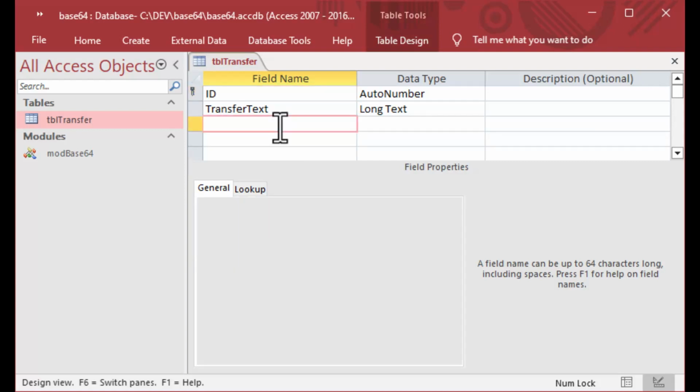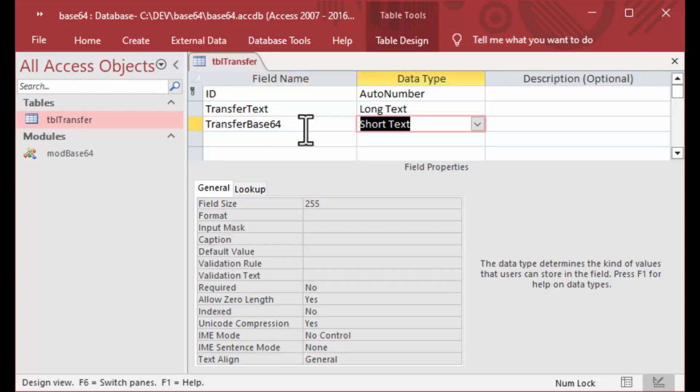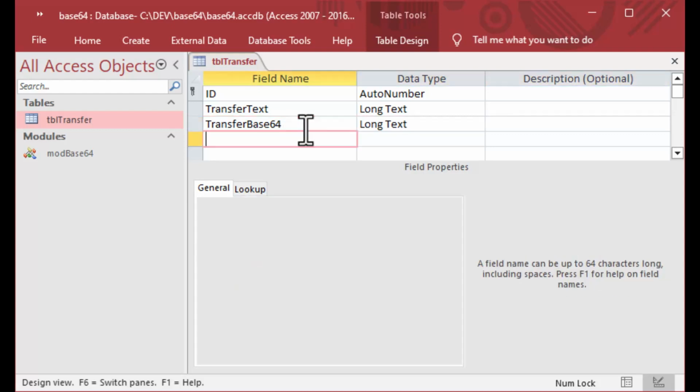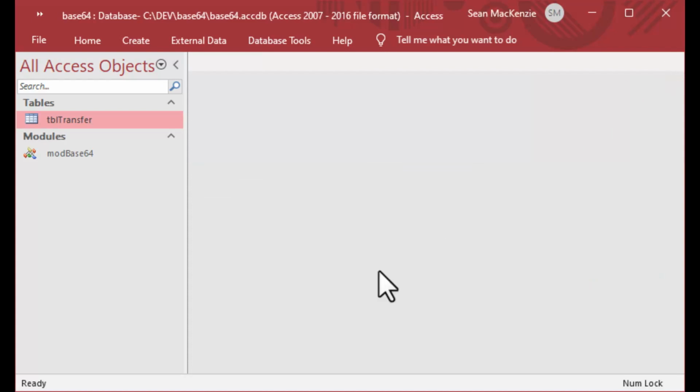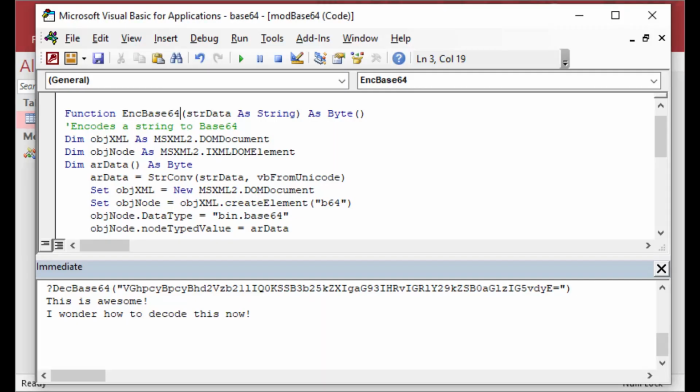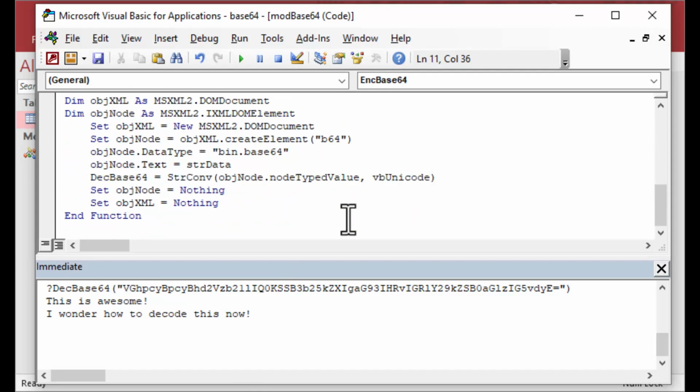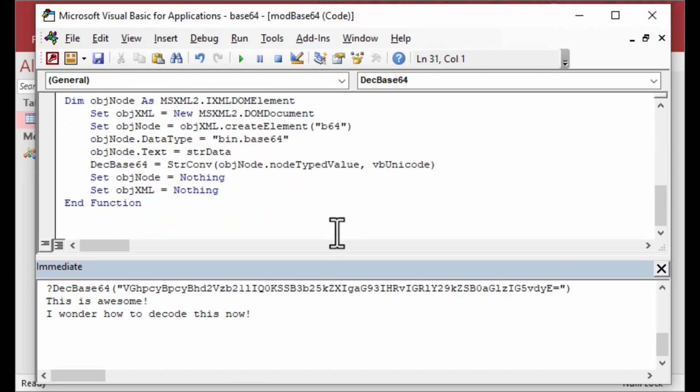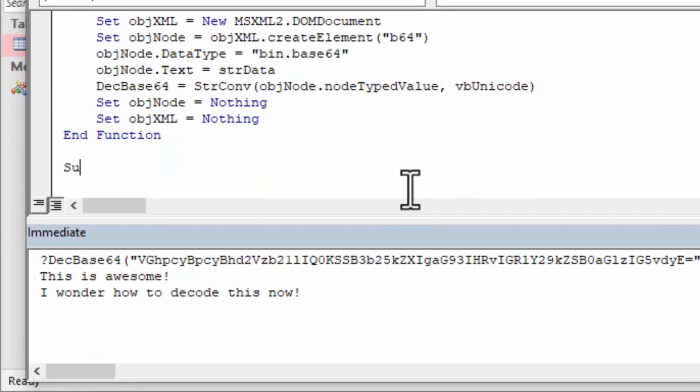And we can do that just by going into the design, and we can add a new field onto the end. We'll call it transfer base64. It'll hold the transfer text for that. We'll make it a long text as well, because we're going to have some long values that will be longer than the short text capabilities there. And now what we can do is make a new function to just loop through that table and plug in the